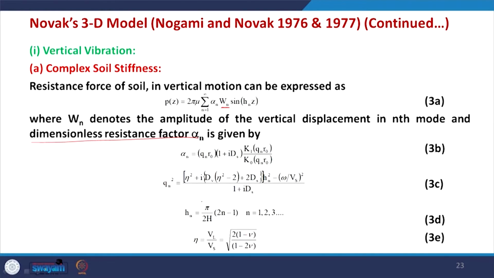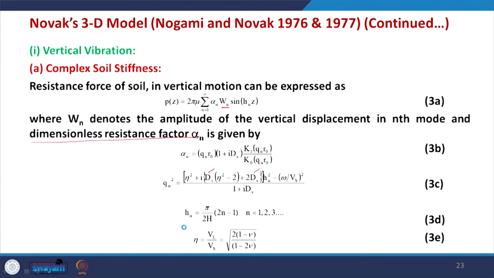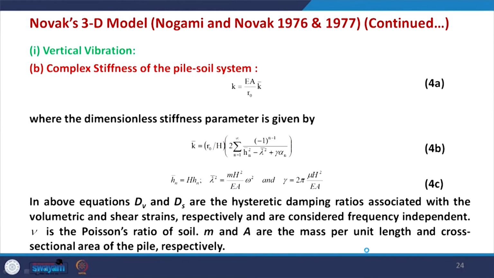So, in the equation for Qn you have everything here except dV and ds, which are damping. Here dV and ds are the damping ratios for volumetric strain and shear. These are defined here. In the above equation, they are the hysteretic damping ratios associated with the volumetric and shear strains respectively. So, equations 3a to 3e basically give you the complex soil stiffness when you do not consider the pile. Once you insert the pile inside the system,